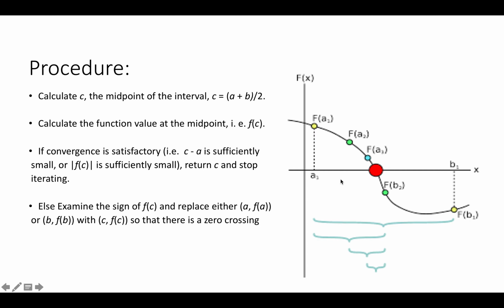Now suppose that the value of f(C) is negative. Okay, so what we'll do, if f(C) is negative, you have to replace b with c. So in place of b you have to put c. Then your bigger bracket, this curly bracket, will reduce to this one. So this is the central point of the first interval. Now your extreme point on the right hand side becomes this center point. So the bigger interval now reduces to half.